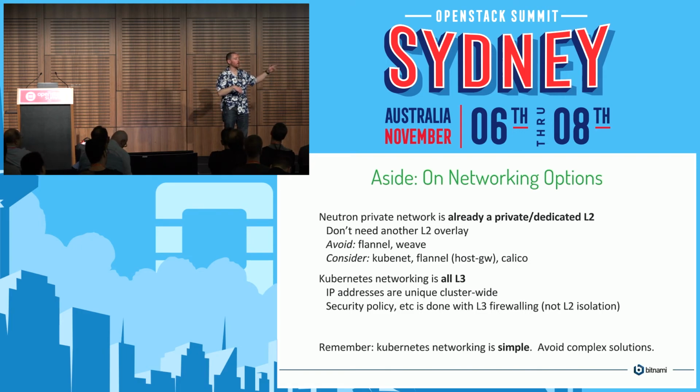And then the host gateway backend will just set up routes. It'll again say that subnet goes over there via a direct route to that host, and that subnet goes over there via a direct route to that host. And if you look at your host routing table, you'll have a route for every single node on your network. So it's direct host-to-host routing. Very simple, works very well, zero overhead. It'll scale to, I don't know, 1,000 hosts or something by the time it starts to slow down. It'll scale as big as the Linux routing table will scale.